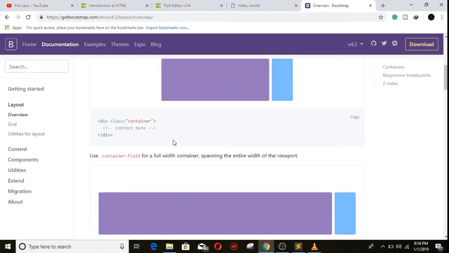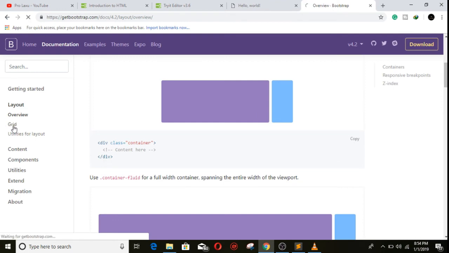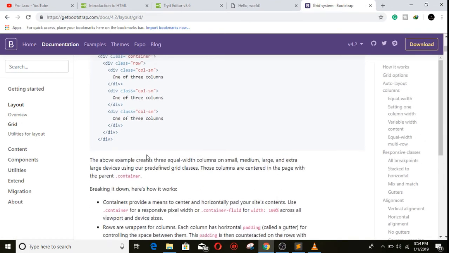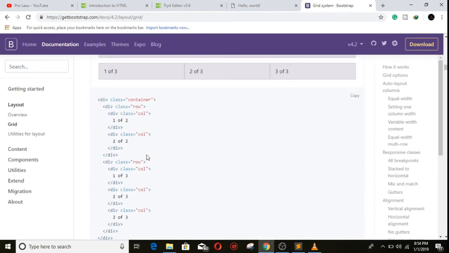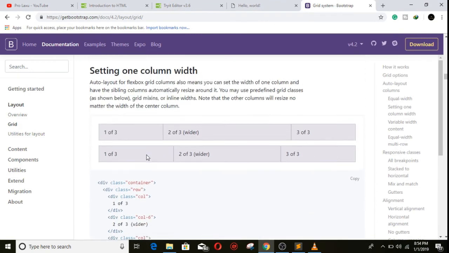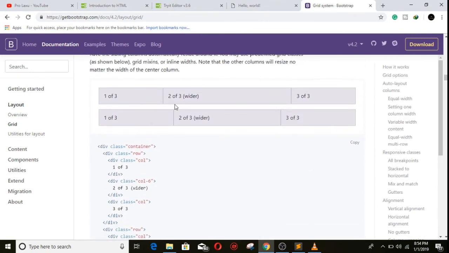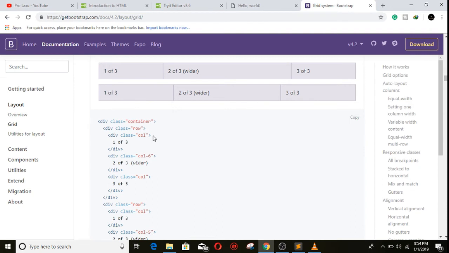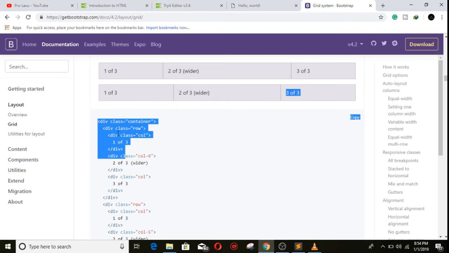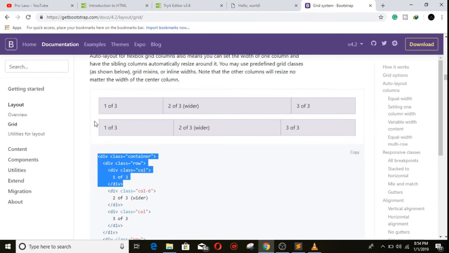Let's understand some layouts over here. Grid, this grid is very important. So you can see this is the widget. If you like this type of placement of your form or content, then use this type of thing, and I like to use this. It's great. Control C,